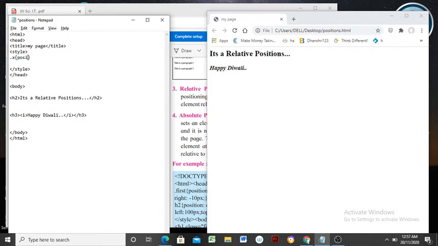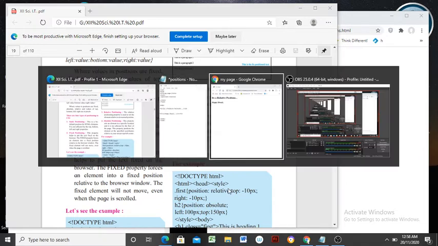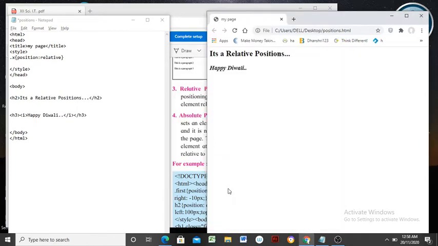Within brackets, a position is to be noted like this. Position, its value is relative, as we have seen here. A position must be noted, it must be there. Then after, one should go for its respective properties and relevant values also.